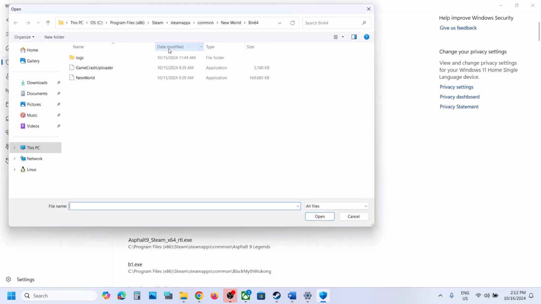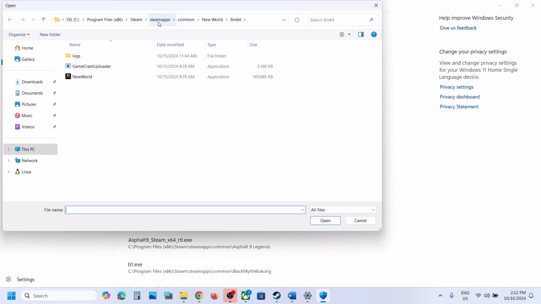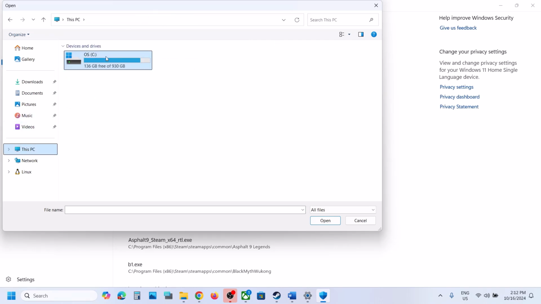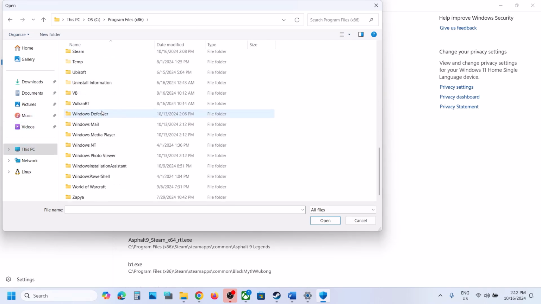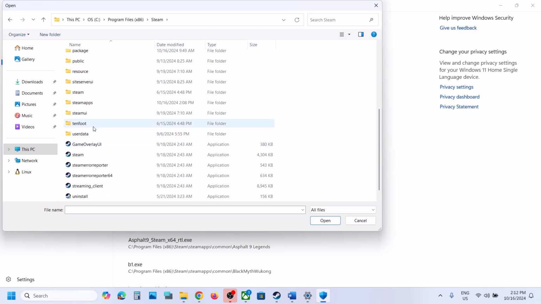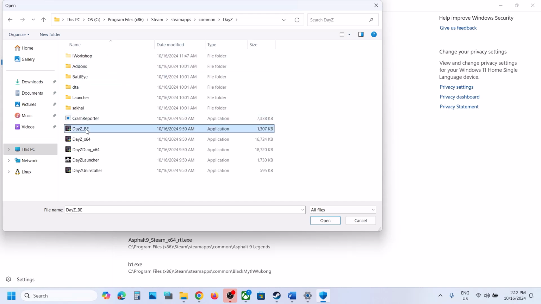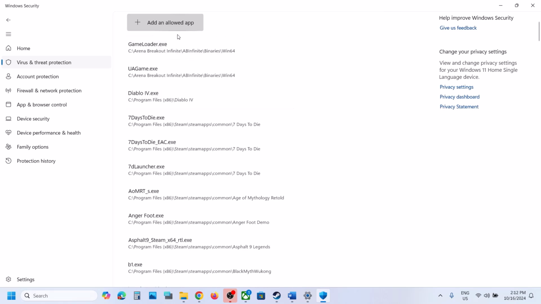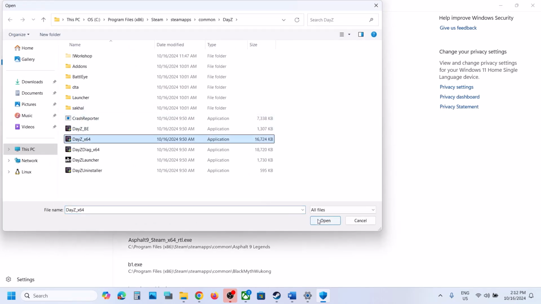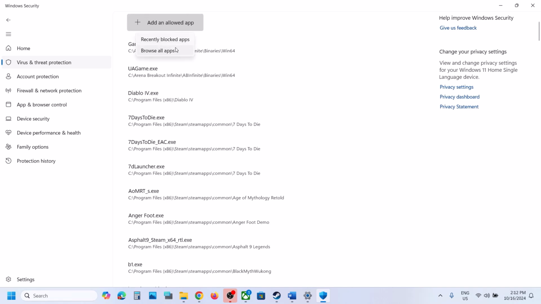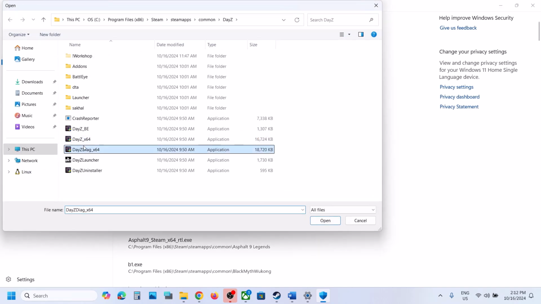Now click on browse all apps, go to the game installation folder. So wherever the game is installed, if the game installed in C drive, open C drive, program file x86. Now open the Steam folder and then open Steam apps folder, and then open the common folder, open the DayZ folder, select all the exe file, and then click on open. Add an allowed app, browse all apps, select the second exe file, click on open. Add an allowed app, browse all apps, select the third exe file, open,